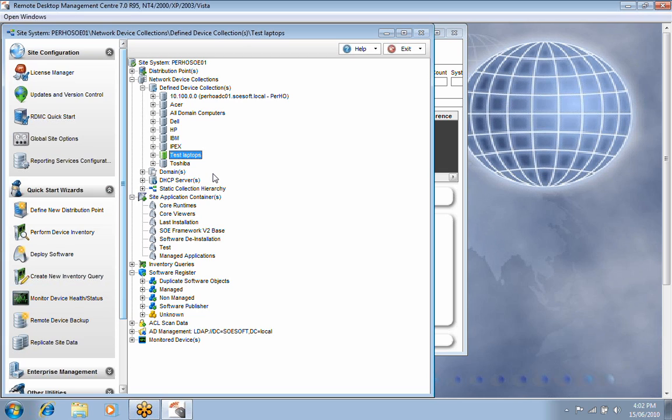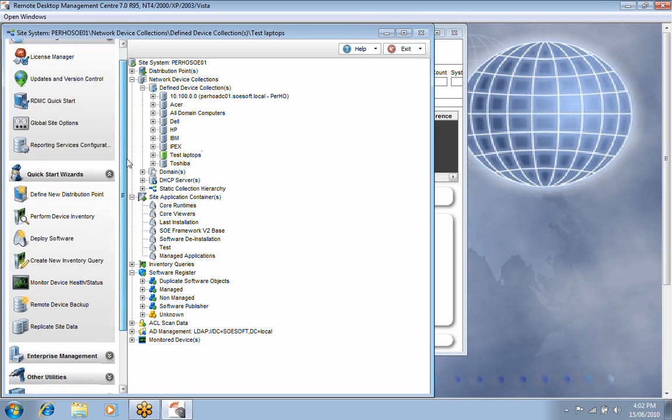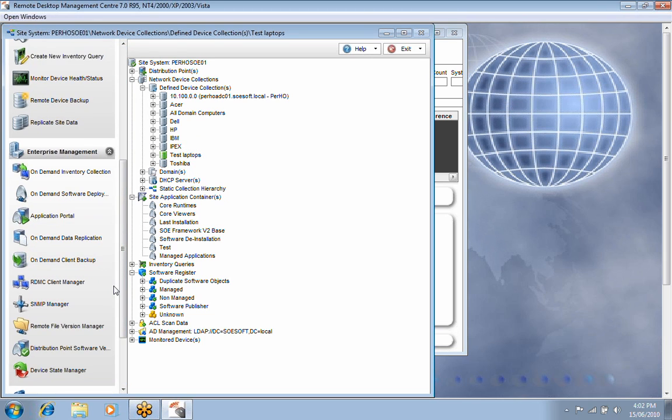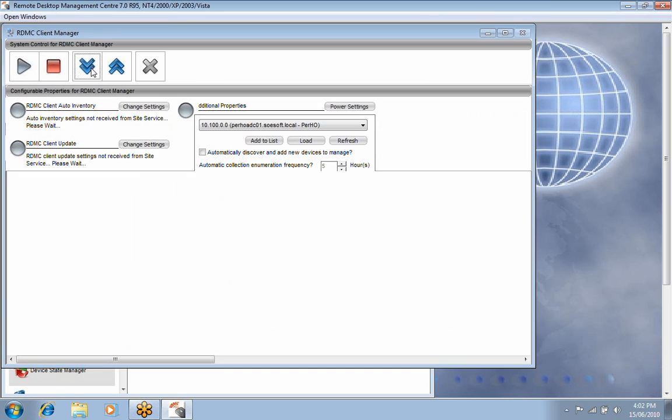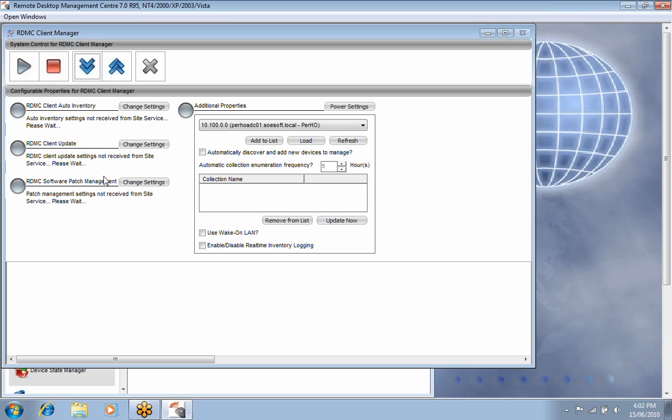Now, it is important to note that if you haven't used patch management before, you do need to turn it on in the Client Manager. So to do that, go down here, go into Enterprise Management, open the RDMC Client Manager, hit green to start, and just wait for it to contact. Okay, now once it finishes loading the machines, each of these should light up,